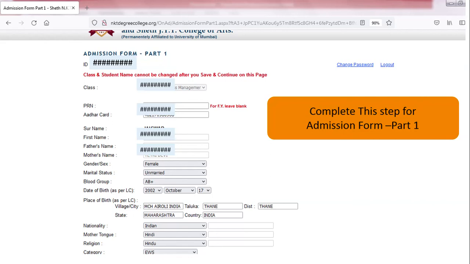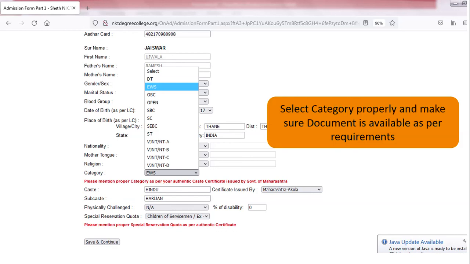Fill all the necessary requirements as per the form and select whichever options are suitable. For example, here you have to select the category. If you belong to the open category, we have to select open, or if you belong to SC, SBC, NT, VJNT, whatever your category is, we have to select it.